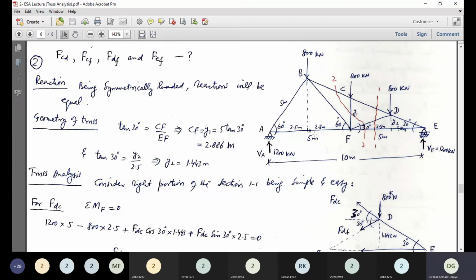This truss is symmetrically loaded at 2.5 meter, then again at 2.5, then again at 2.5, then again at 2.5. So reactions, instead of involving in calculations, if you write this sentence that being symmetrically loaded, the reactions will be equal,